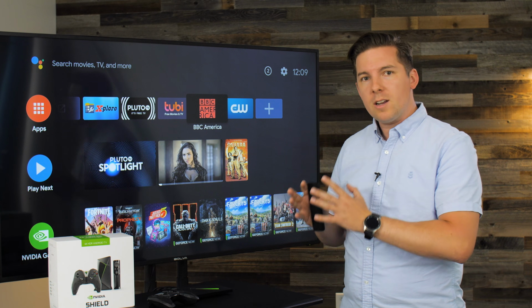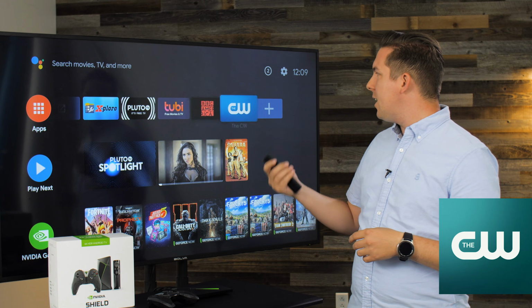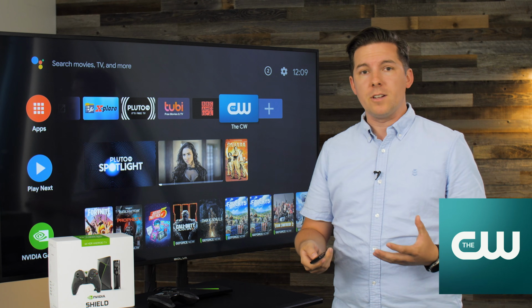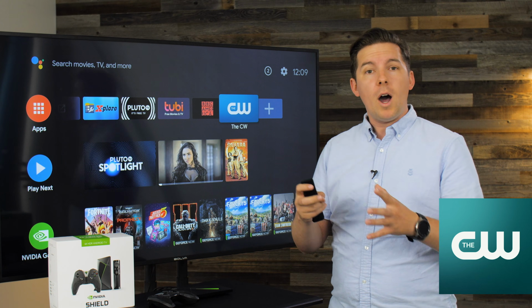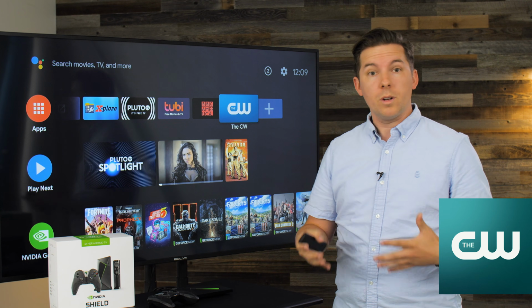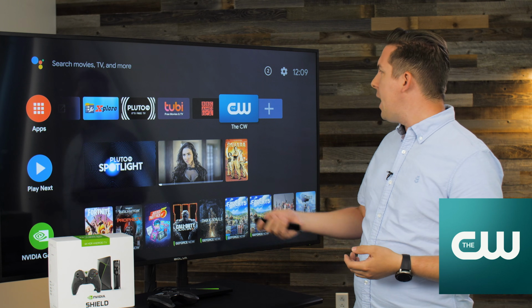And then last up, again, it's kind of a twofer category, or it's as many as you want. These are channel-specific apps. I pulled a couple here, BBC America and the CW. There are a lot of other channels out there that do this. ABC, I know, has an app that lets you watch all their shows commercial supported for free. Well, all, most, some, it depends on the app.